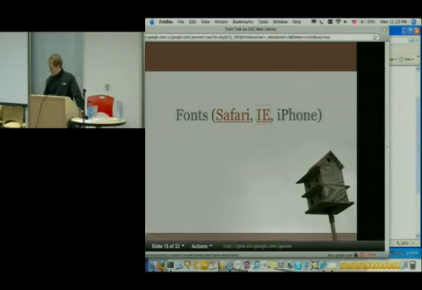So I'm going to have this load up an SVG font demo on the iPhone. I guess we don't have a camera. I might have to pass this around the audience, huh?